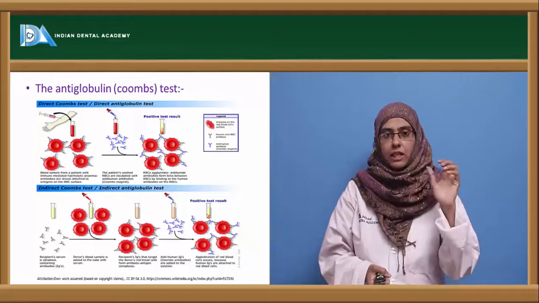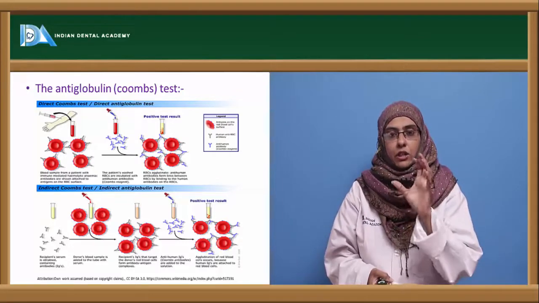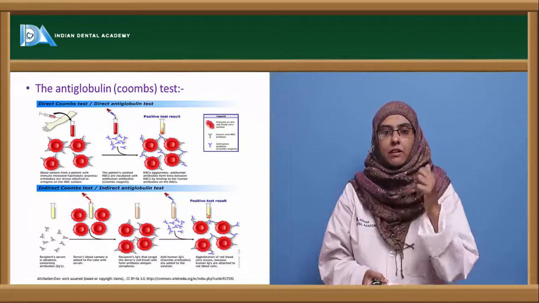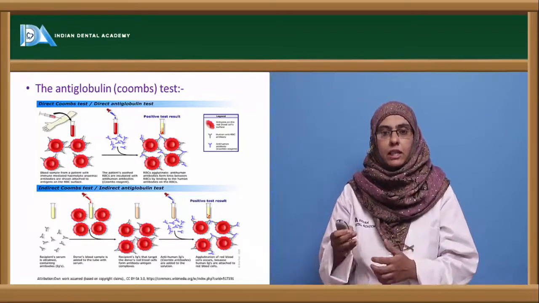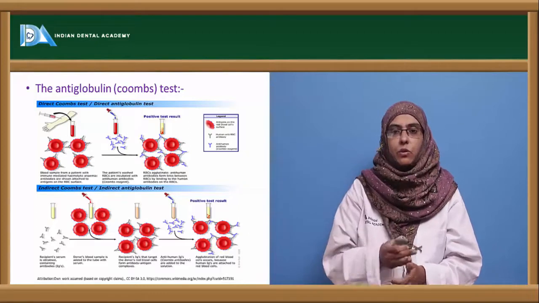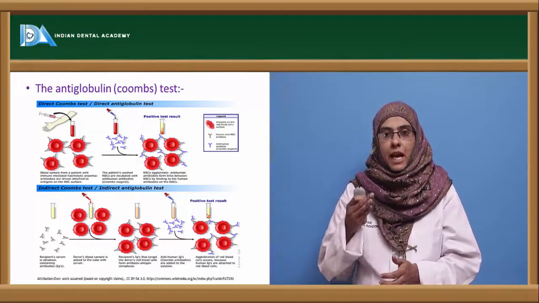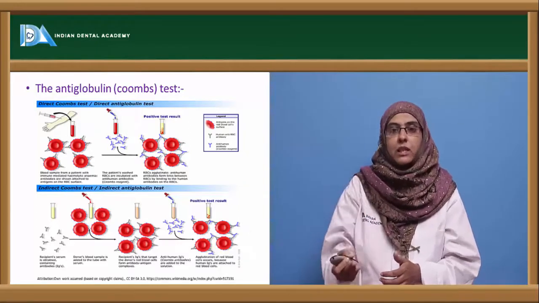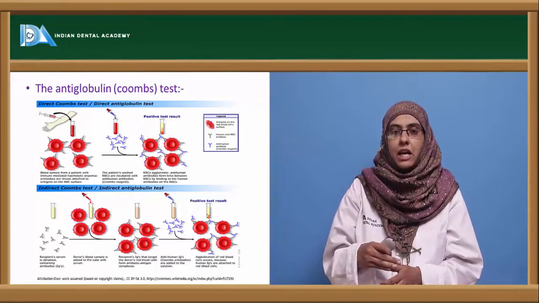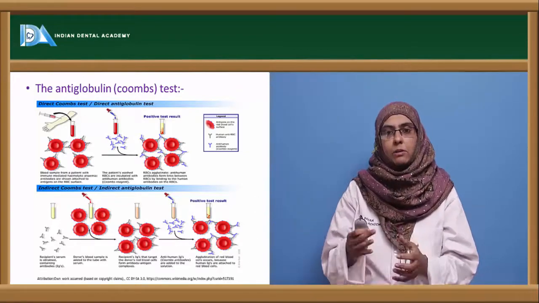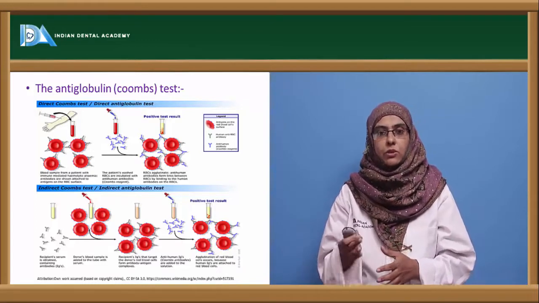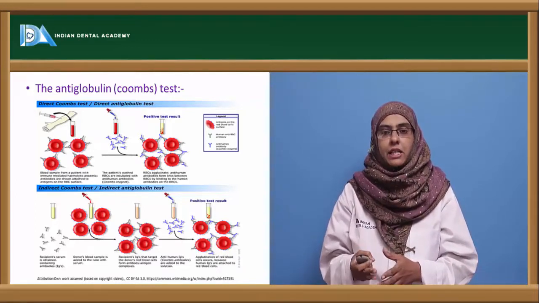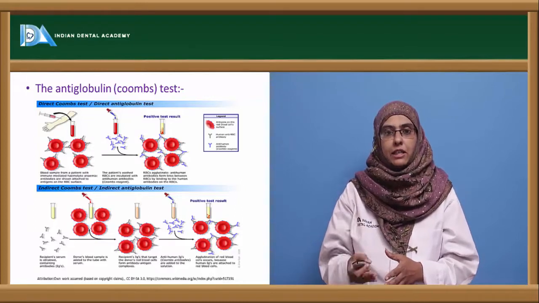These RBCs, sensitized with the incomplete antibodies, are washed to remove any unnecessary protein, and they are treated with the Coombs reagent containing antibodies towards these incomplete antibodies that sensitized the RBCs. Now they are able to agglutinate and give a positive reaction. So this is usually used to identify the anti-Rh antibodies that are seen in